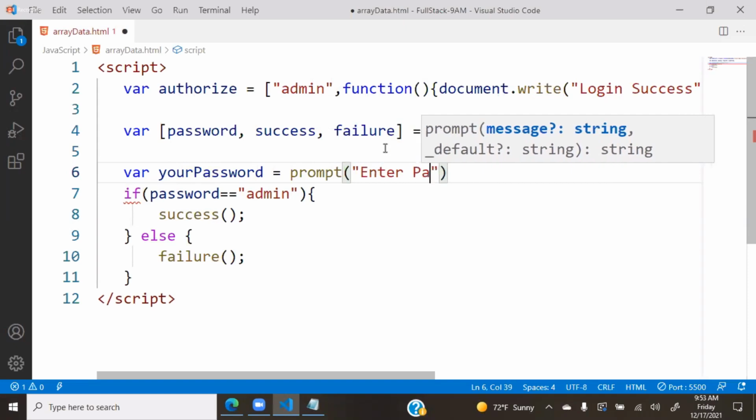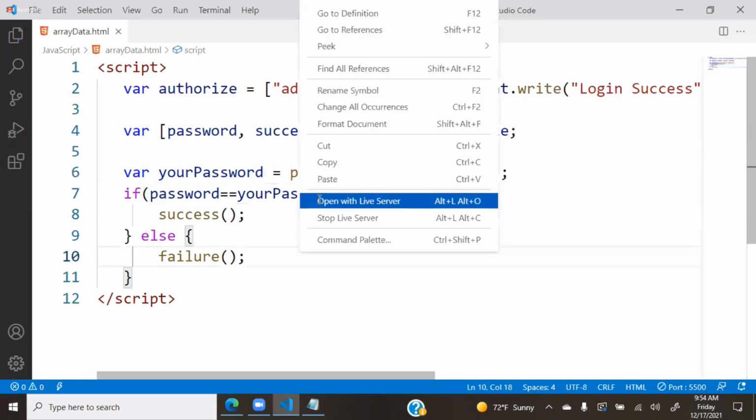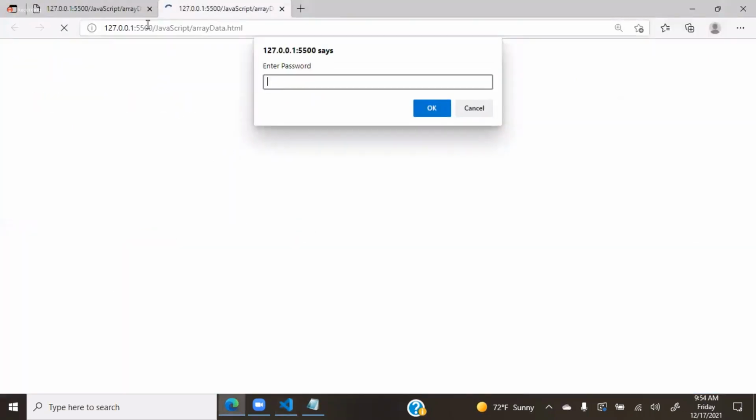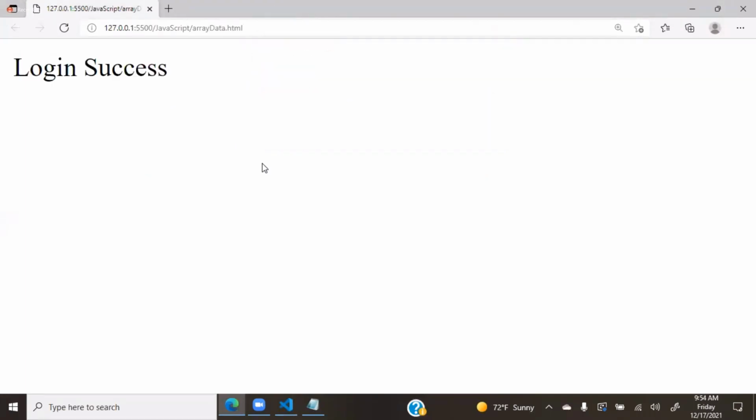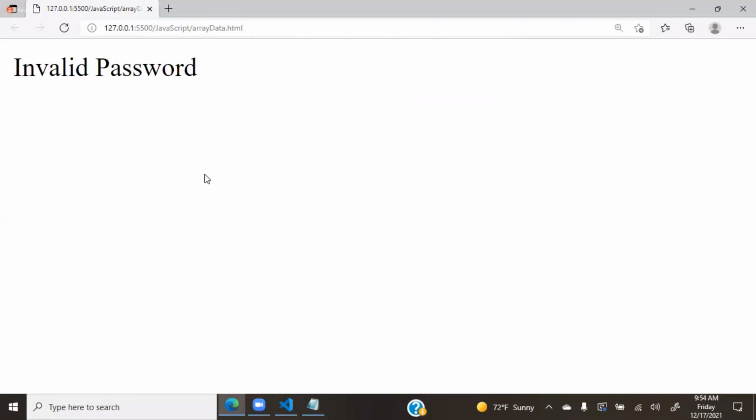I said enter password, and here I will compare that password with the admin. If your password is matching with that password, then it will show that message. That means here it is going to handle that. It is asking your password. You said admin, then it says success. And if you are defining some wrong password, then it says invalid. That means which function